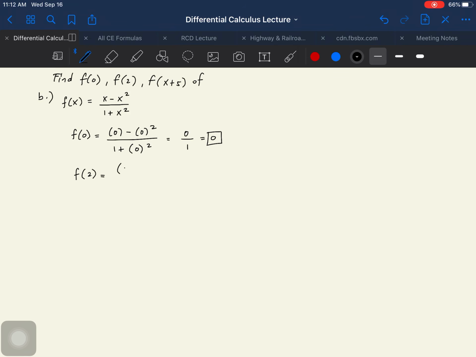So substitute the value of 2 with every x. Okay. So we have there 1 plus 2 squared. So what happens here? 2 minus 4 divided by 1 plus 4. So 2 minus 4 is negative 2. Then 1 plus 4 is 5. The final answer is negative 2 over 5. Now, the other one is